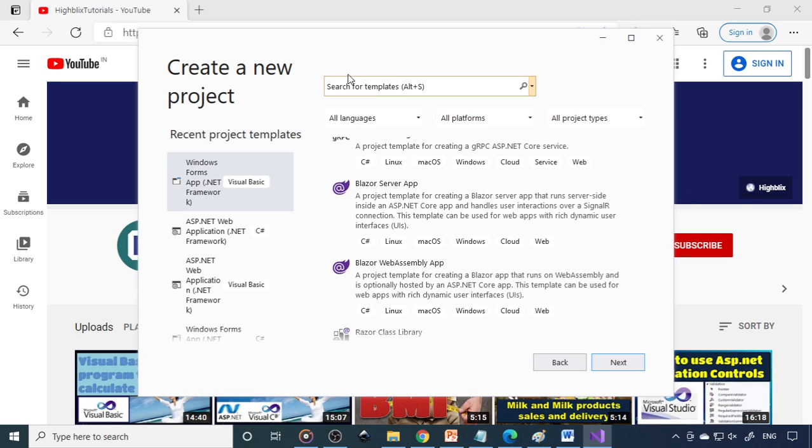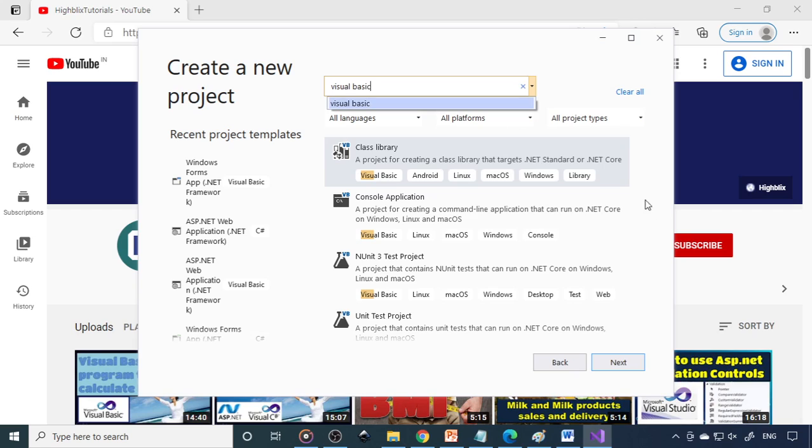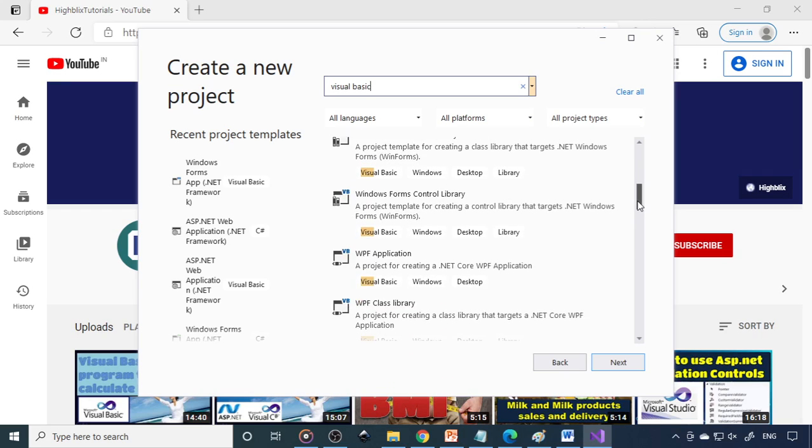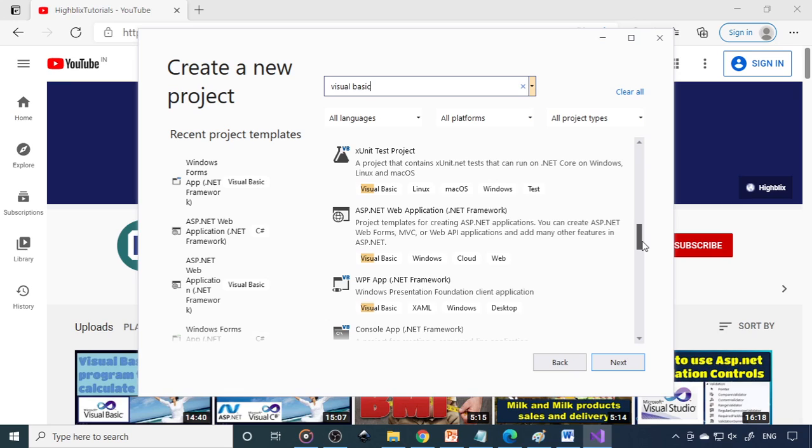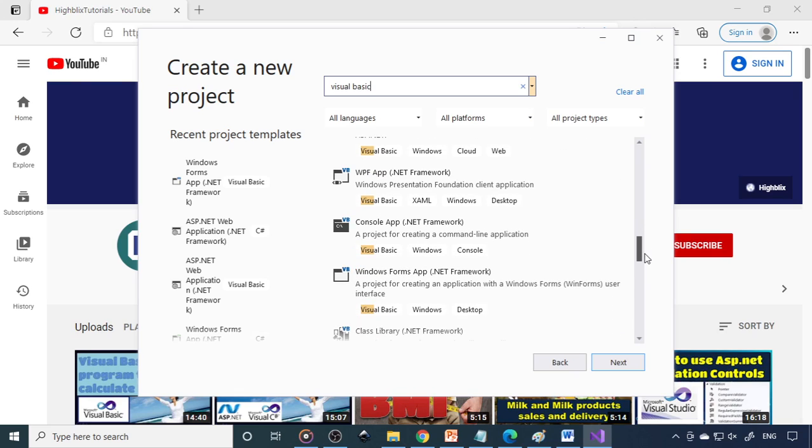There are different types of projects we can do, but if you want Visual Basic, then you just scroll down here and select Windows Form App .NET Framework Application Windows Forms User Interface. So this is Visual Basic and Windows. Therefore you need to select this one.